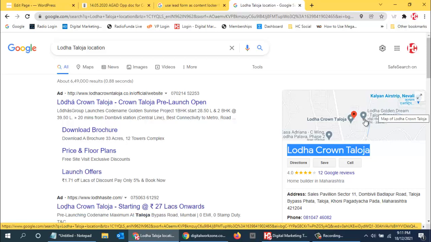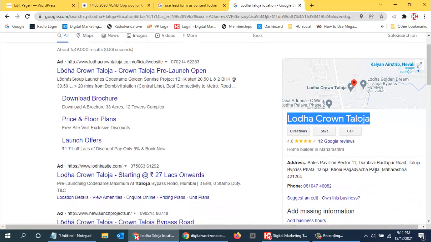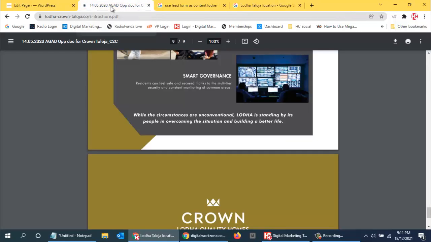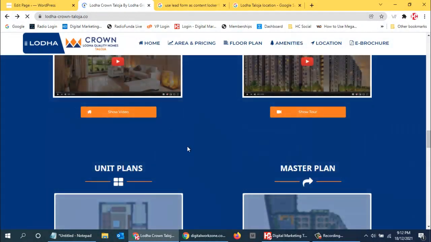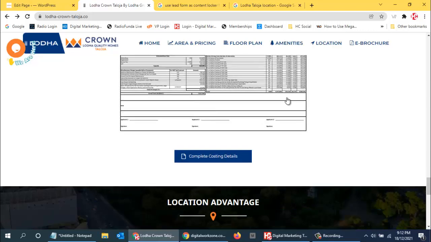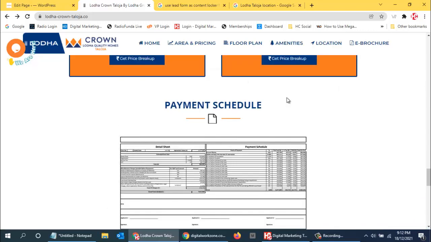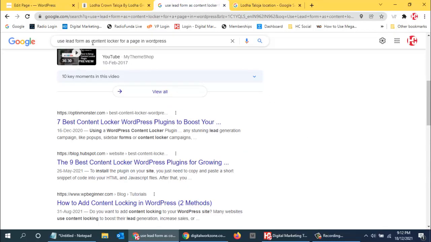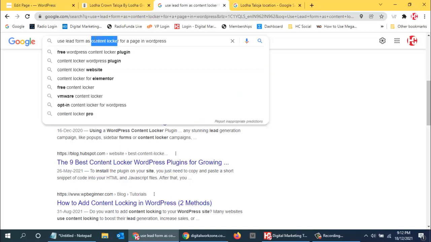Last time also I had mentioned that if a person really wants to buy, then people will directly come to you, people will directly give you a call. So don't use forceful methods. Use the best ethical methods that you can, but still if you want to use it, that is called a content locker. You can lock content with anything. You can use a contact form or a lead generation form. A lead form is like the name, email address, mobile number, that is a lead.